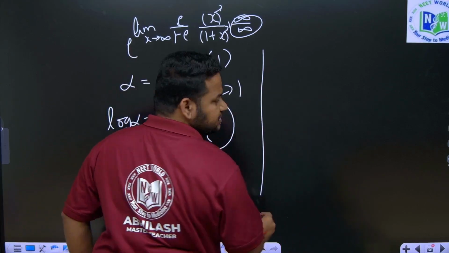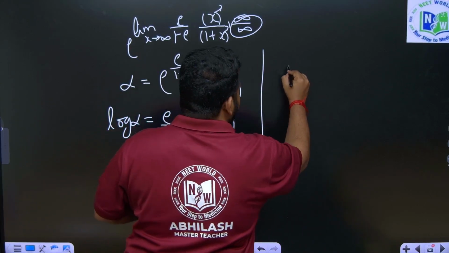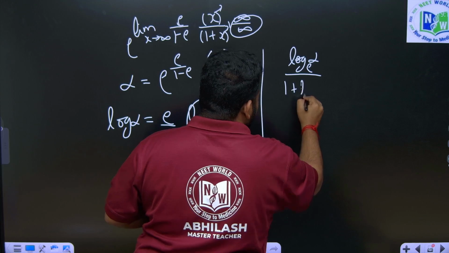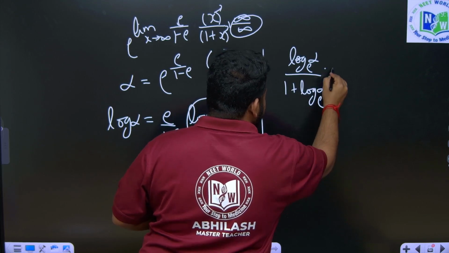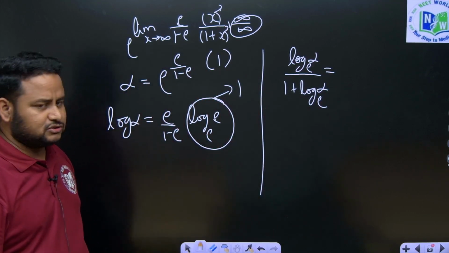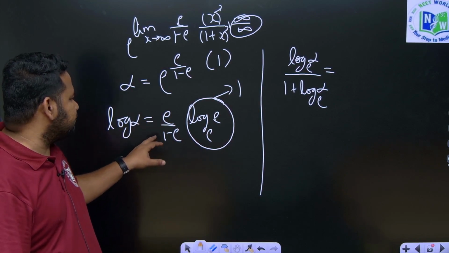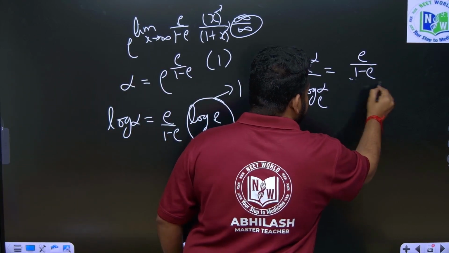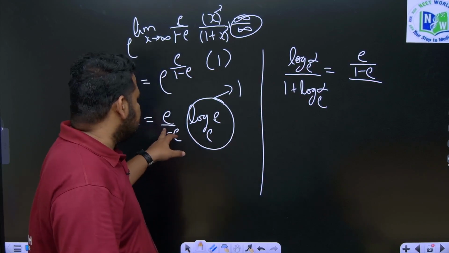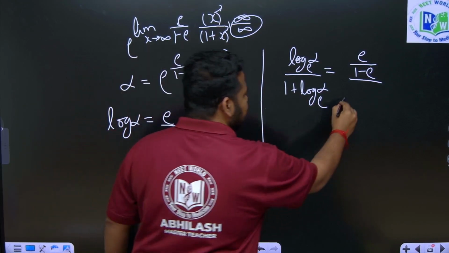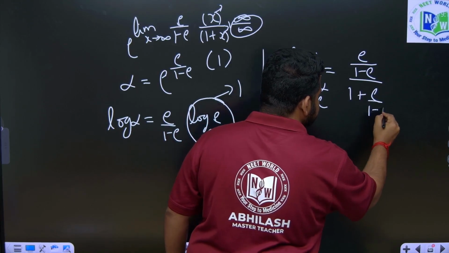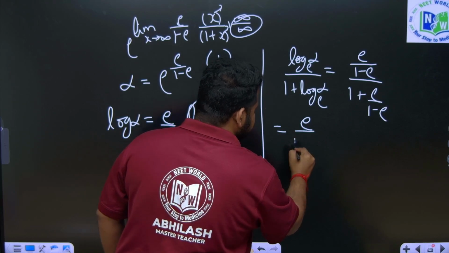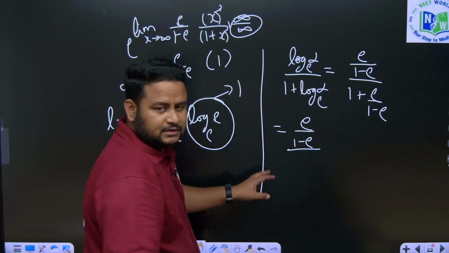So what they are asking, friends? They are asking log alpha to the base e divided by 1 plus log alpha to the base e. So let us put the values. We just have to put the values, no need to find the limits. Log alpha to the base e is e by 1 minus e. So this is e by 1 minus e divided by 1 plus log alpha to the base e, that is 1 plus e by 1 minus e. So this will become what, friends? If I take the LCM, this will become e by 1 minus e divided by